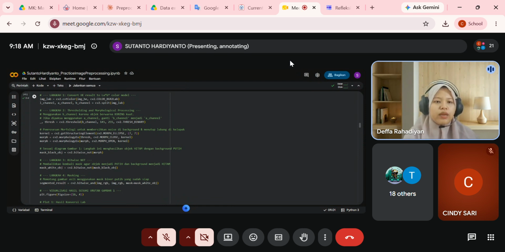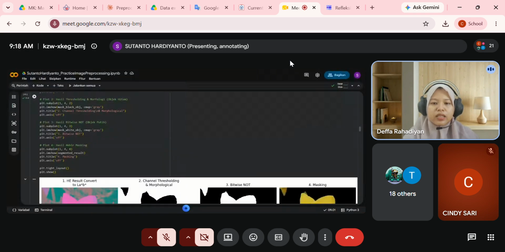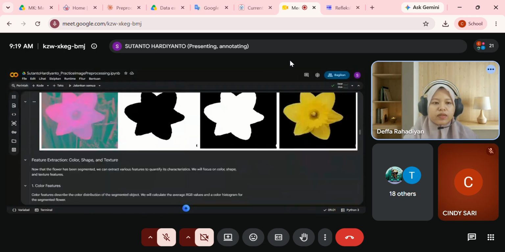You just use the image after histogram equalization and then convert it to LAB, do morphological processing, and after that masking using bitwise, and then combine the masked image and the original one. Scroll down. And this is the result. Okay, this is the result, scroll down.